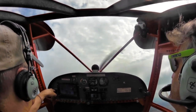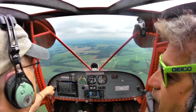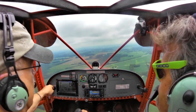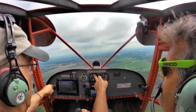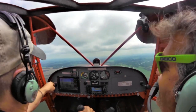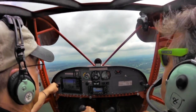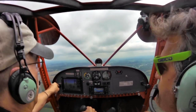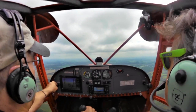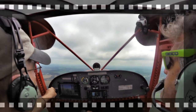There we go. Okay, speed went away completely there by doing that, but even then, with no power addition, just relax the stick where you can see some ground again, and the airplane wanted to start flying again. We've done 2 stalls since less than 400 feet. Right, so we didn't lose much altitude at all. Without power. That's a good, yeah, with no power at all. 2 stalls, one with no brake, just high sink rate. The other one with a very modest brake, no tendency to fall on the wing. That's a good